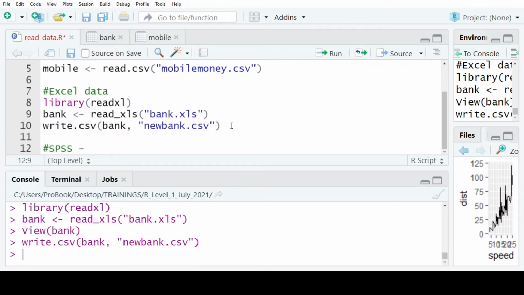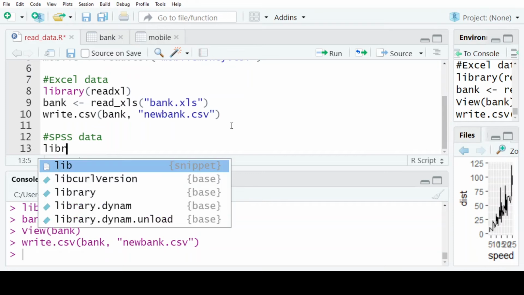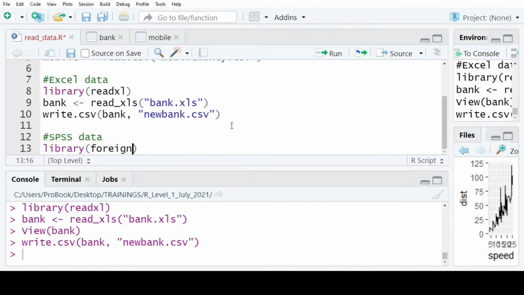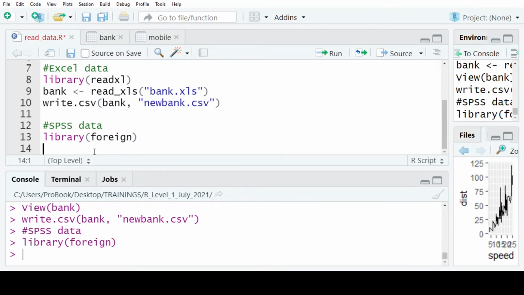We want to look at SPSS data, and for us to be able to succeed in doing so, we need to introduce the package foreign to be able to read the data from SPSS. So if I say library foreign, I've just got it because I have already installed the package before. Now I want to read my data. I'm calling it SPSS. So